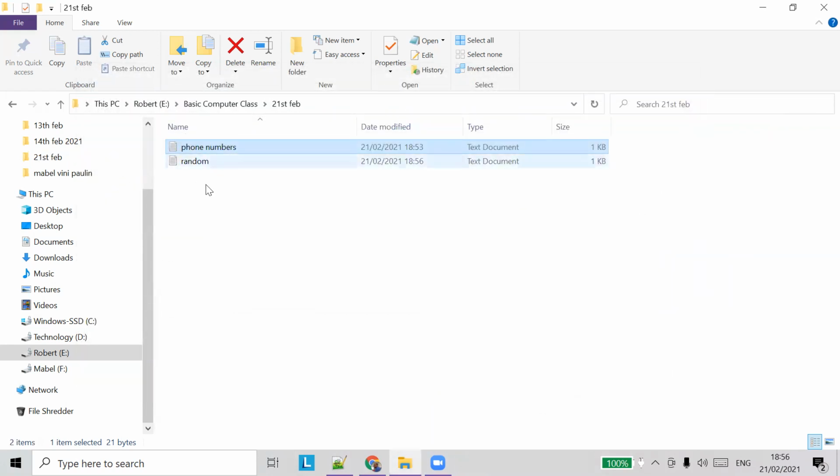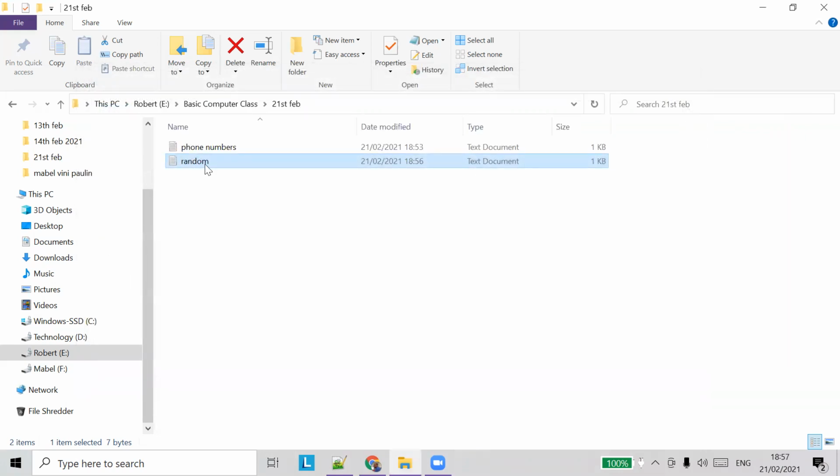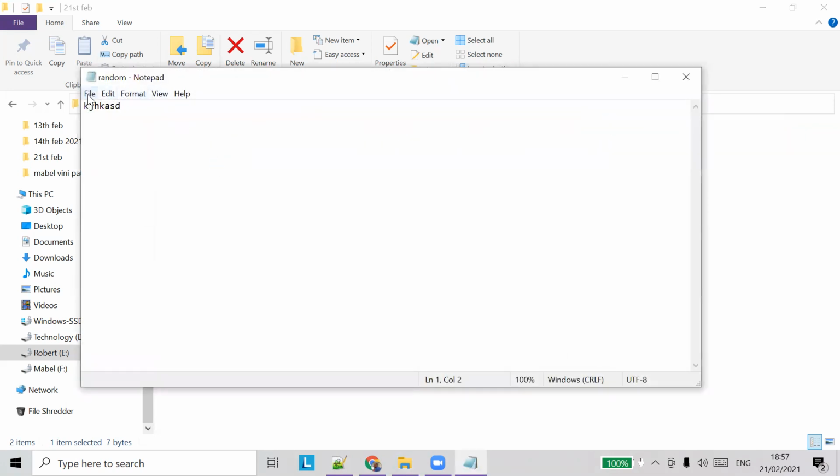You can see another file is created, and if you open the file again, you can see the data saved here. Okay. So this is how you save a document. So we saw how to open a new document, a new file. We saw how to save documents also, right? So maybe you can open this. Let's go through the other menus.